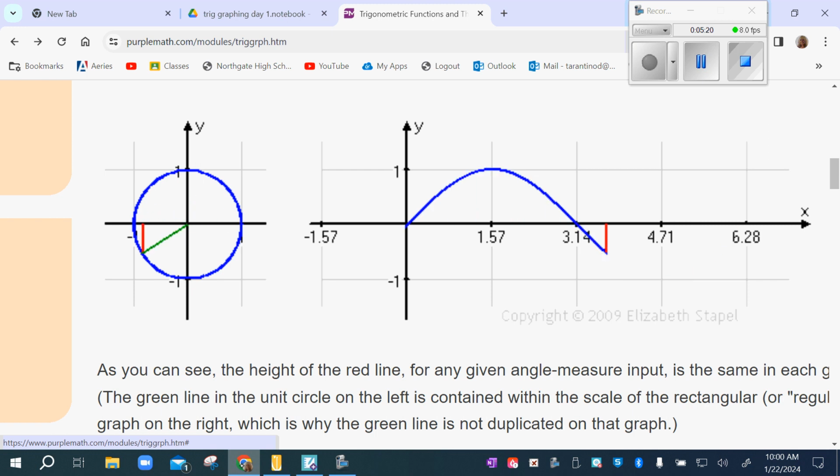But that's what we're doing. And so what we're going to see is we're going to take all these points, we're going to put them on here. Now, the first thing I want you to do,